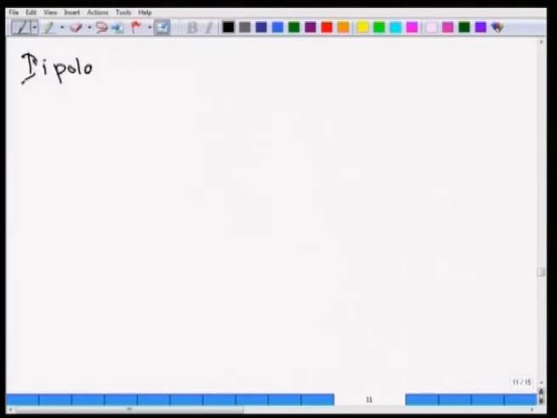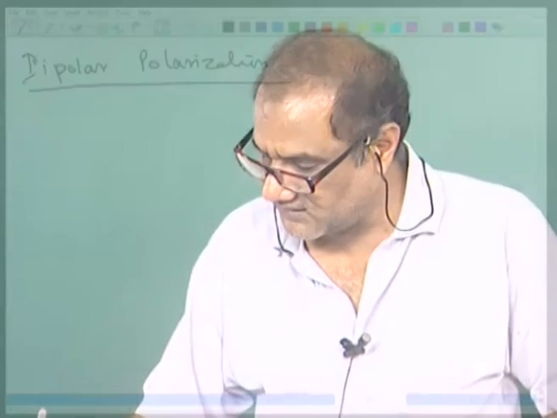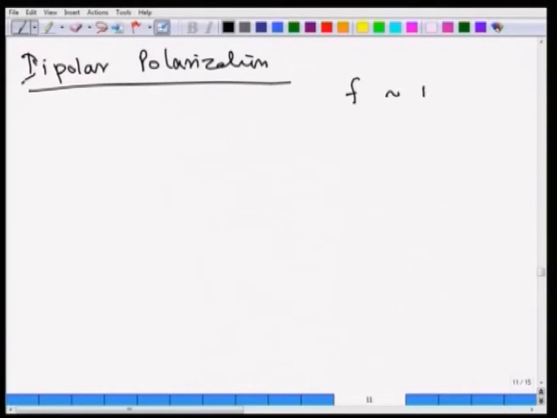dipolar polarization, and I am talking about this more because in the next lecture, the 20th lecture, we will talk about nonlinear dielectrics, and this mechanism plays a major role there. Just to say, the frequency of operation is up to about 10 to the power 10 hertz. This is the frequency up to which it is able to operate, and there is hopping of charges, hopping of